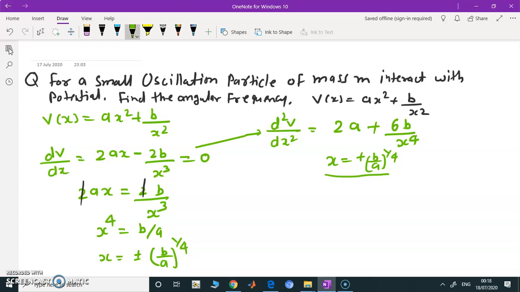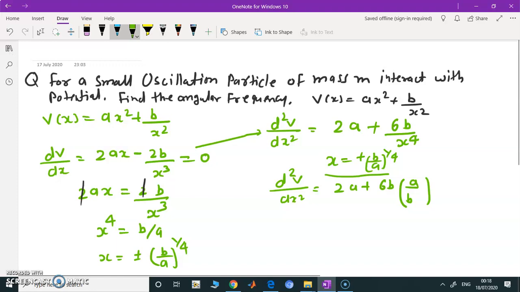So d square V by dx square will be 2a plus 6b, and x to the power 4 will be b by a. Here b is cancelled out. So what will we get? d square V upon dx square, we will get